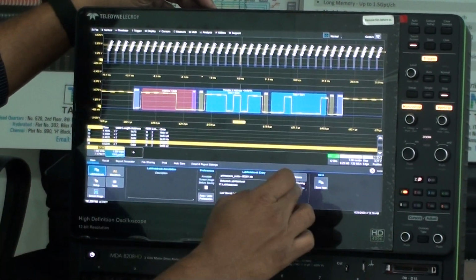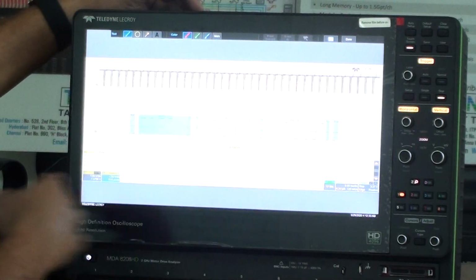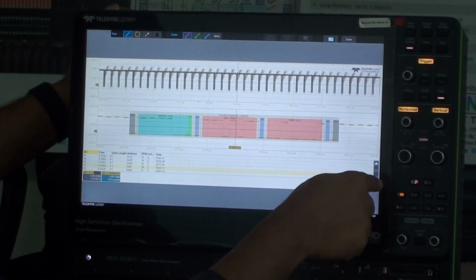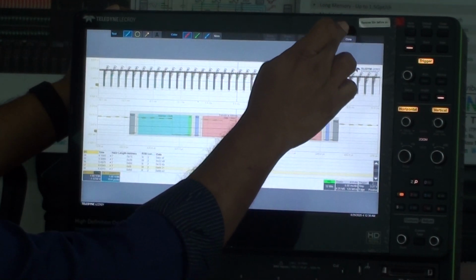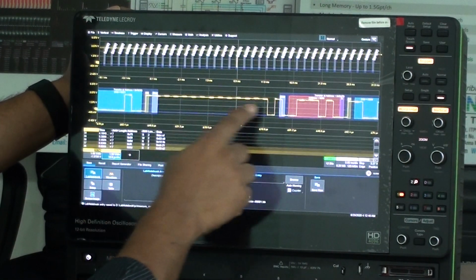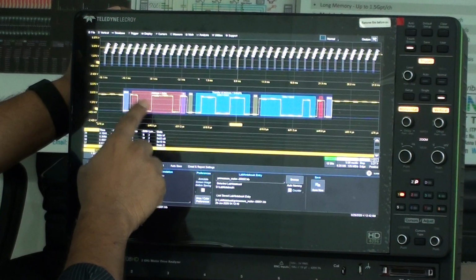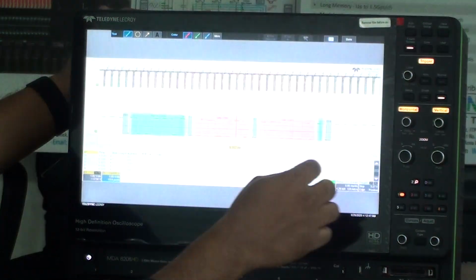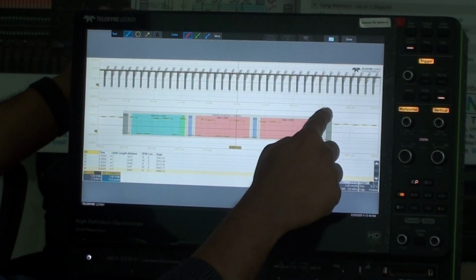Lab note, and then save it. Now I have got this saved. You can also use the non-acknowledge part of it.